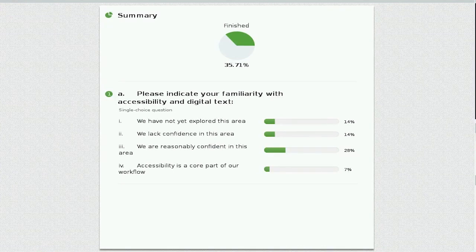So hopefully what we look at today, especially in the next section when we define what good is, and more importantly, how, if you have something that's good, you can help people to get optimum value from that good design, will be really useful to you. And well done to the 7%. I'm guessing that's one person who's saying this is core to our workflow. That's excellent.